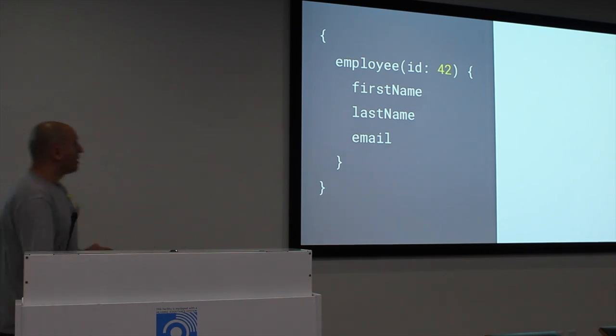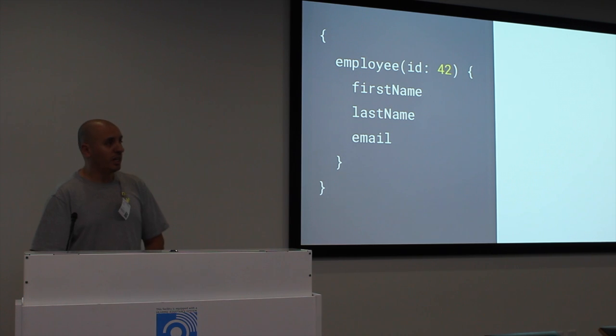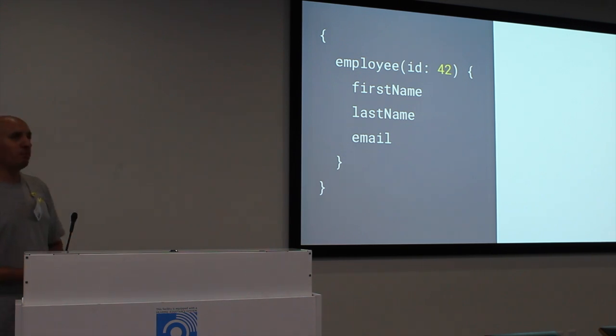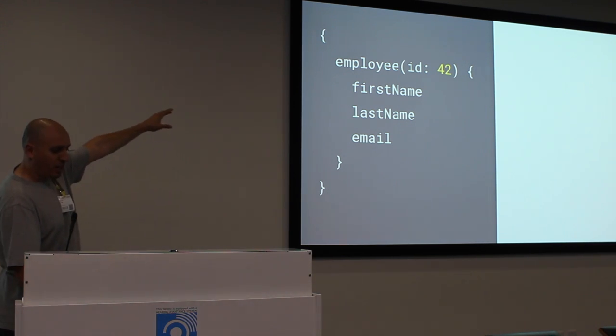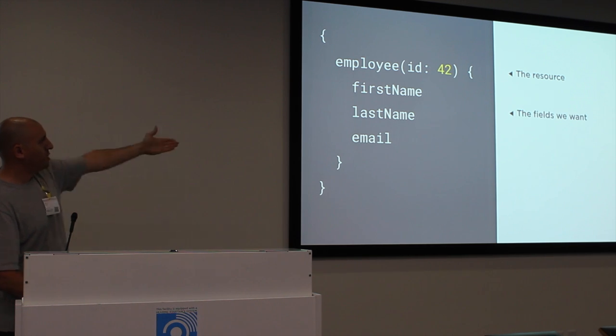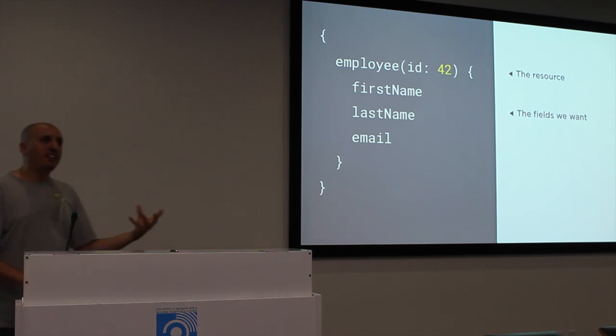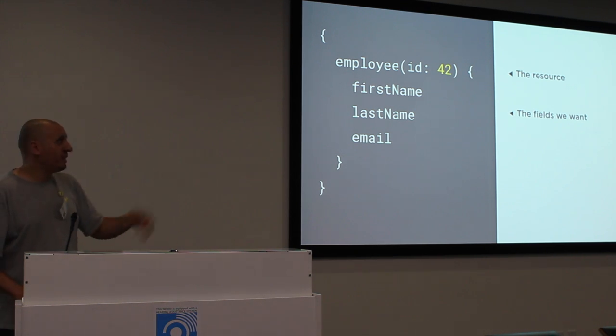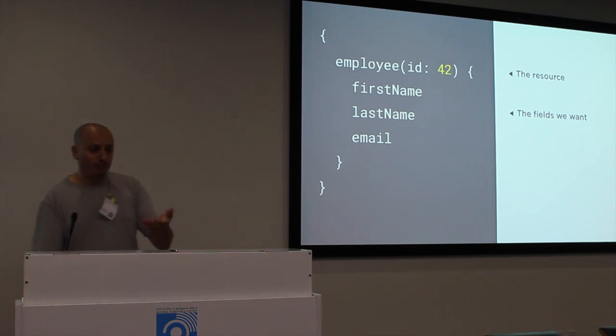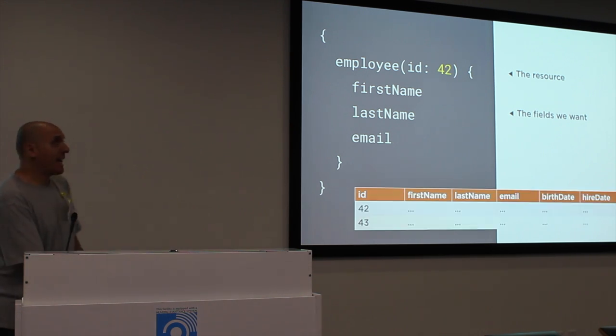Okay, cool. So this is a GraphQL query. It asks for first name, last name, and email for employee ID 42. And you'll notice how the field, we call this employee, this is the resource basically, and those are the fields that we want. But every field in GraphQL acts like a function. It takes some kind of input. In here it's taking ID 42, and it gives back an output, which is the data that we are interested in. And again, exact fetching going on.